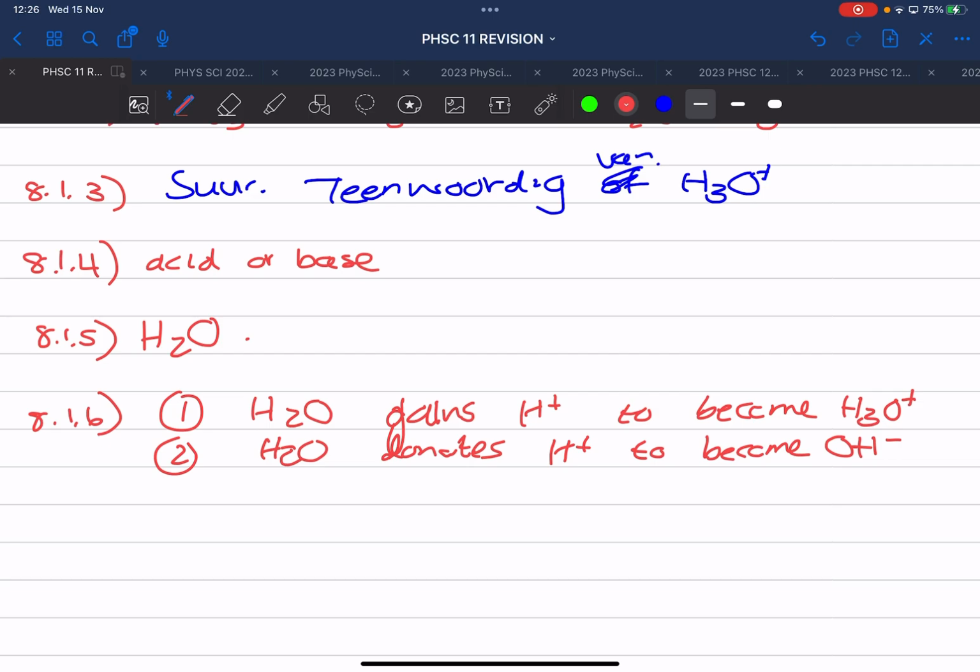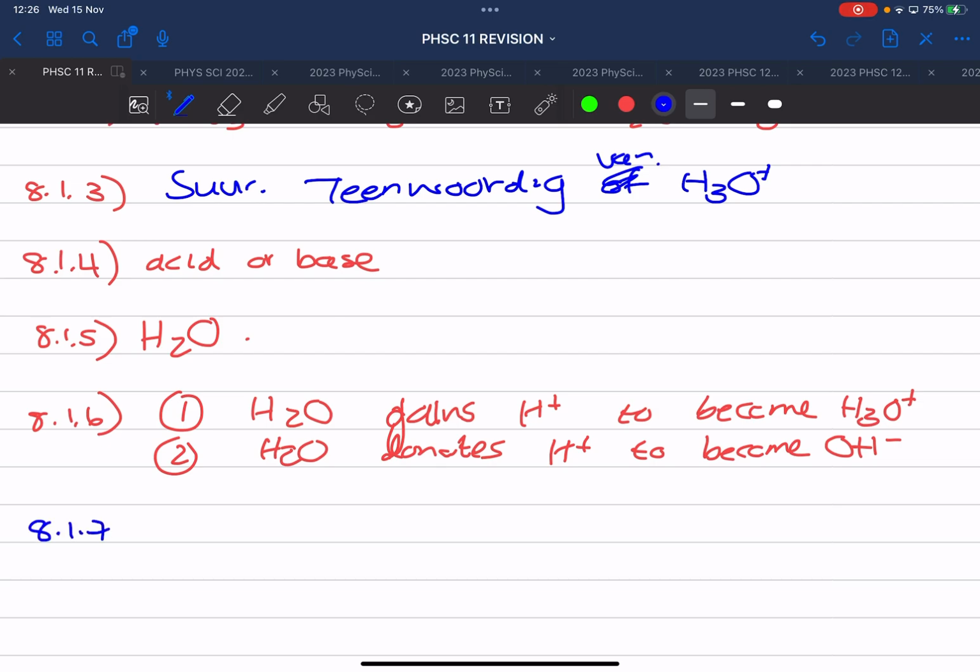So hier gee jy basically die definisie van 'n suur of 'n basis, the Lowry-Bronsted definition of an acid and a base, maar jy pas dit net toe vir water en jy sê waar is hy in reaksie 1 en waar is hy in reaksie 2. Okay. Dan by vraag